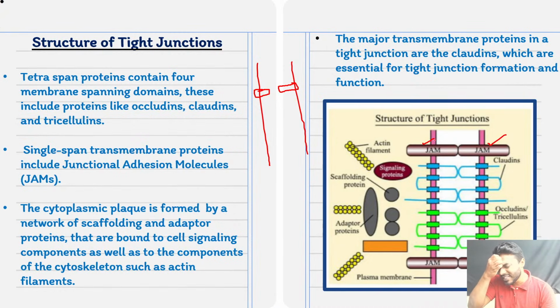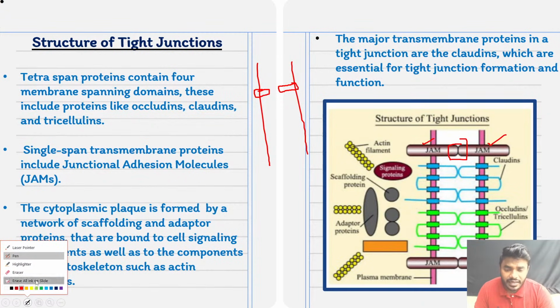So you know what is the line I can give you? JAM protein can act like a better adhesion molecule. Don't get confused, friends. JAM protein can act like a better adhesion molecule which joins the tight junction present in one cell to the tight junction present on the another cell. By that, the 2 tight junctions of the 2 cells can be associated with each other very strongly.